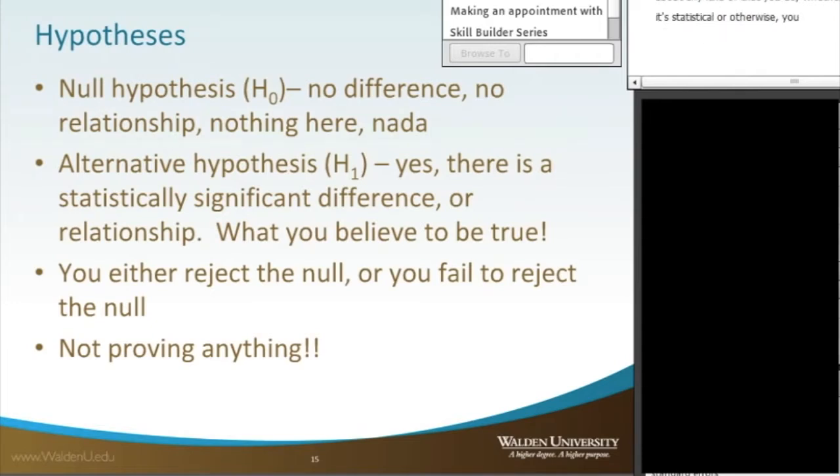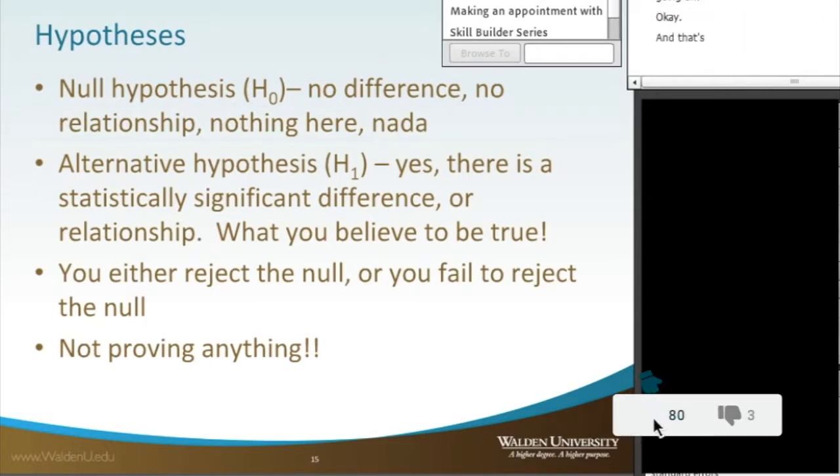That's why you always start with a null hypothesis. The null hypothesis means there's no difference, there's no relationship, there's nothing here, nada, nothing going on, okay? And that's your comparison. So that's what you always want to start with in your hypothesis testing is nothing here,